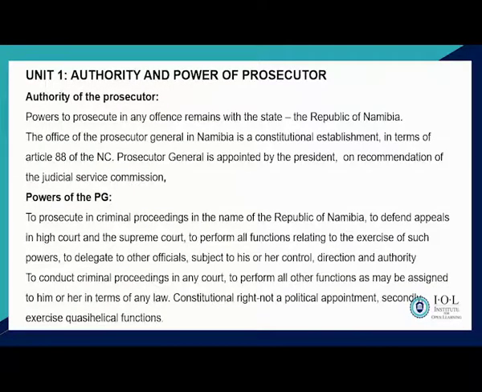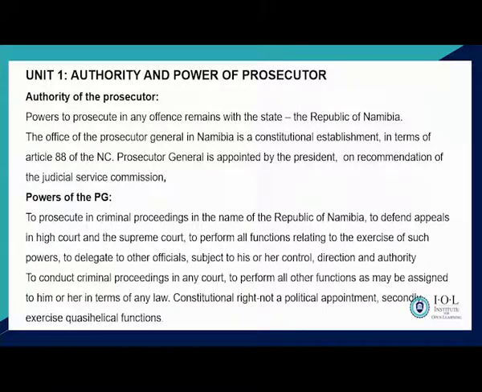Unit 1, authority and powers of prosecutor. Authority of the prosecutor, eminent, remains with the state. The Republic of Namibia, the office of the Prosecutor General in Namibia is a constitutional establishment. In terms of Article 88 of the Namibian Constitution, the Prosecutor General is appointed by the President on recommendation of the